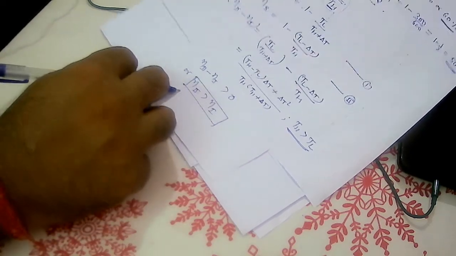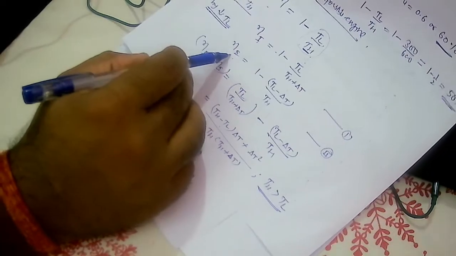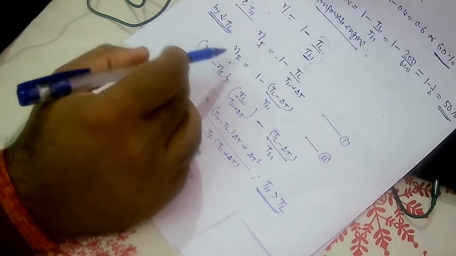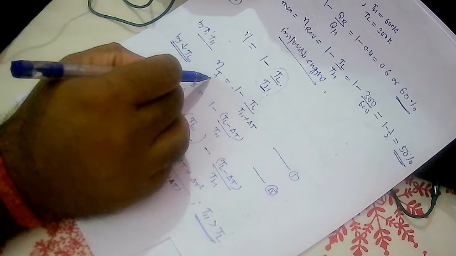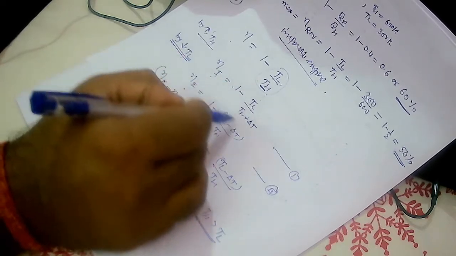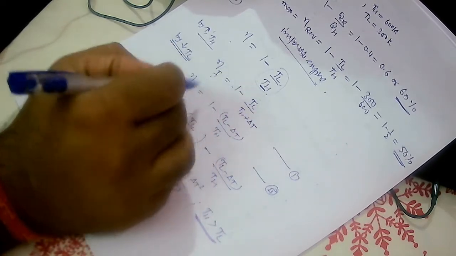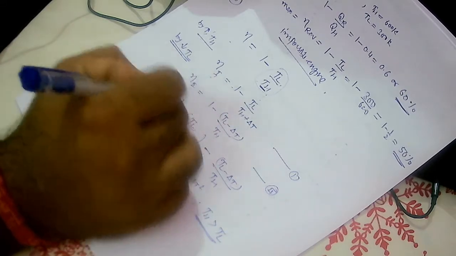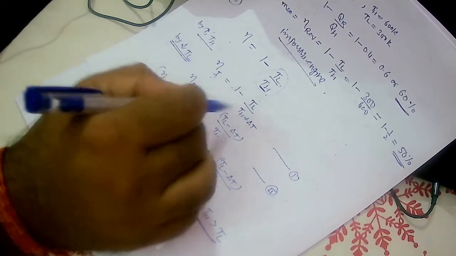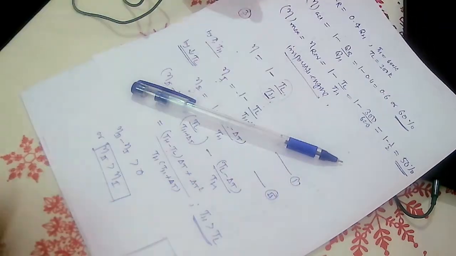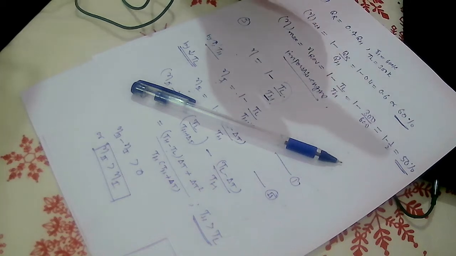What is efficiency 2? Efficiency 2 is obtained by decreasing the low temperature, and efficiency 1 by increasing the high temperature. That means the first arrangement gives low efficiency compared to the second arrangement. If we decrease T2, that is, the low temperature, we can enhance the efficiency, which will be higher. So the answer is decreasing the T2. So this option is correct.